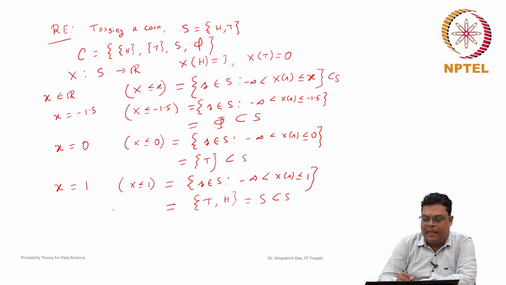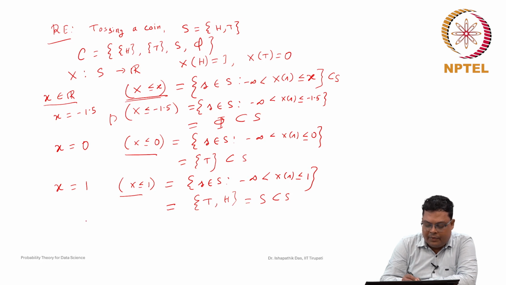In this way, by taking complements, unions and other operations, you can show that if you consider all x belonging to the real numbers, then you get all the subsets of S. If you can find the probability of these sets, then, because these are all events, since a subset of S means an event,